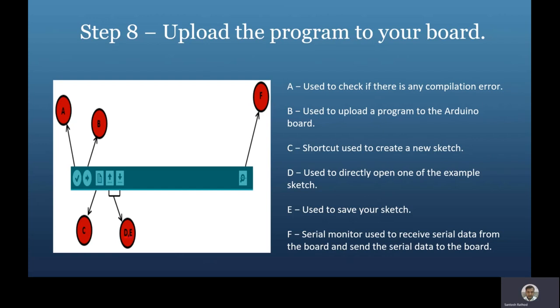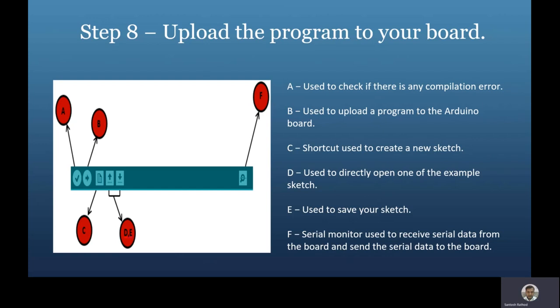Then we have C, which is a shortcut used to create a new sketch. Then D, which is used to directly open one of the example sketches, and E, which is used to save your sketch.